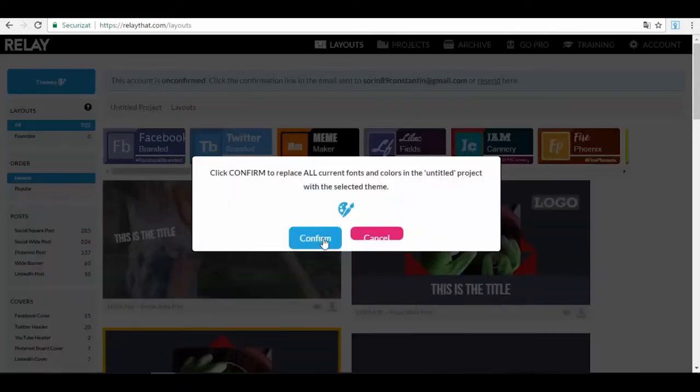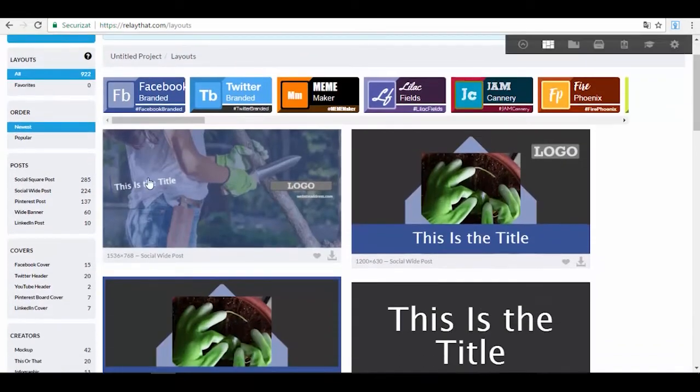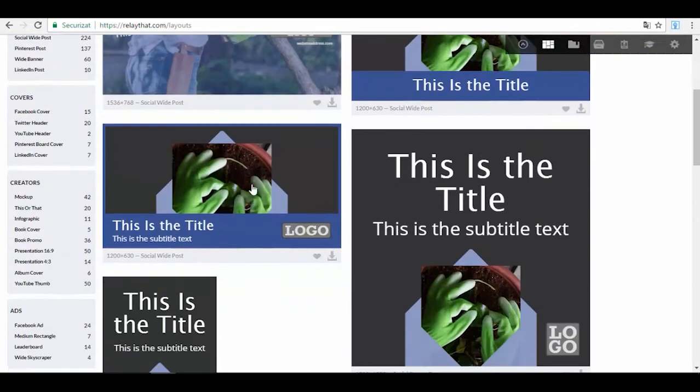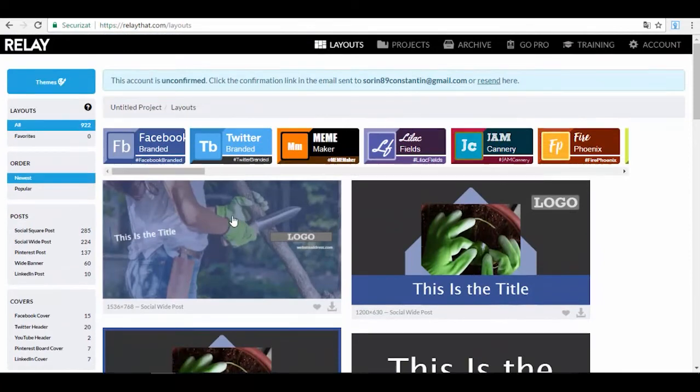I will confirm it. And as you can see, it changed the fonts here, it changed the colors of all my logos and other stuff like that. Now here, if you look at this other section in the left side menu, layouts,